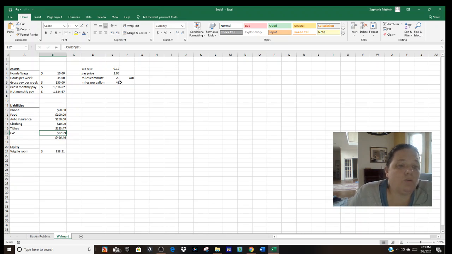So if you are driving an SUV instead and you get 15 miles per gallon, you just saw that your gas price went up to $61.31. If your miles commute, like mine, is 150, so it's 75 each way, and your miles per gallon is 40 miles per gallon, so 172.43 on gas if it's 2.09. If I'm paying $3 for gas,